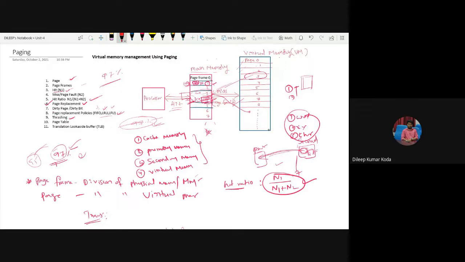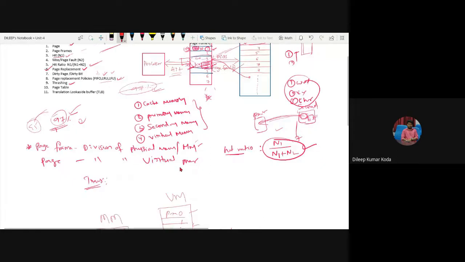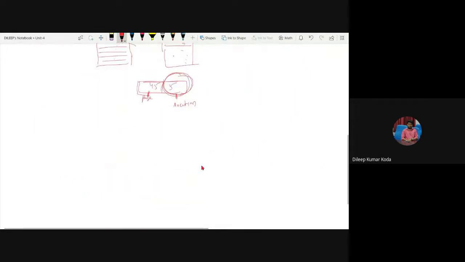We are storing the information or data from virtual memory to main memory, and we need to keep information about which page is stored in which frame number, which page information is stored in which page frame. That information should be stored in a table. That table is known as the page table. Your page table consists of two fields,